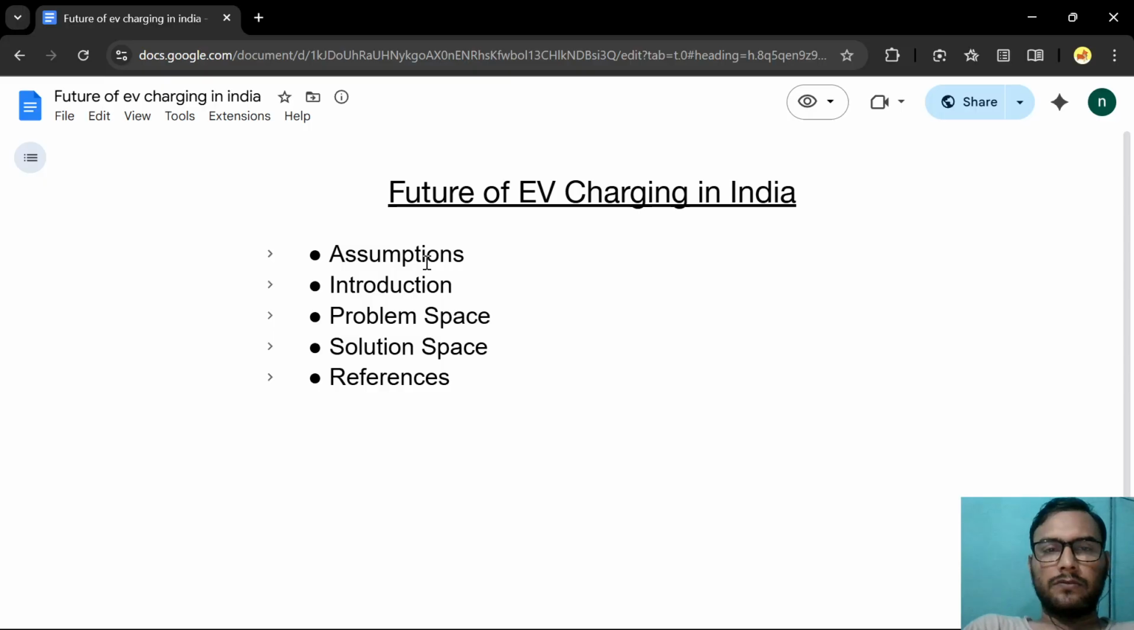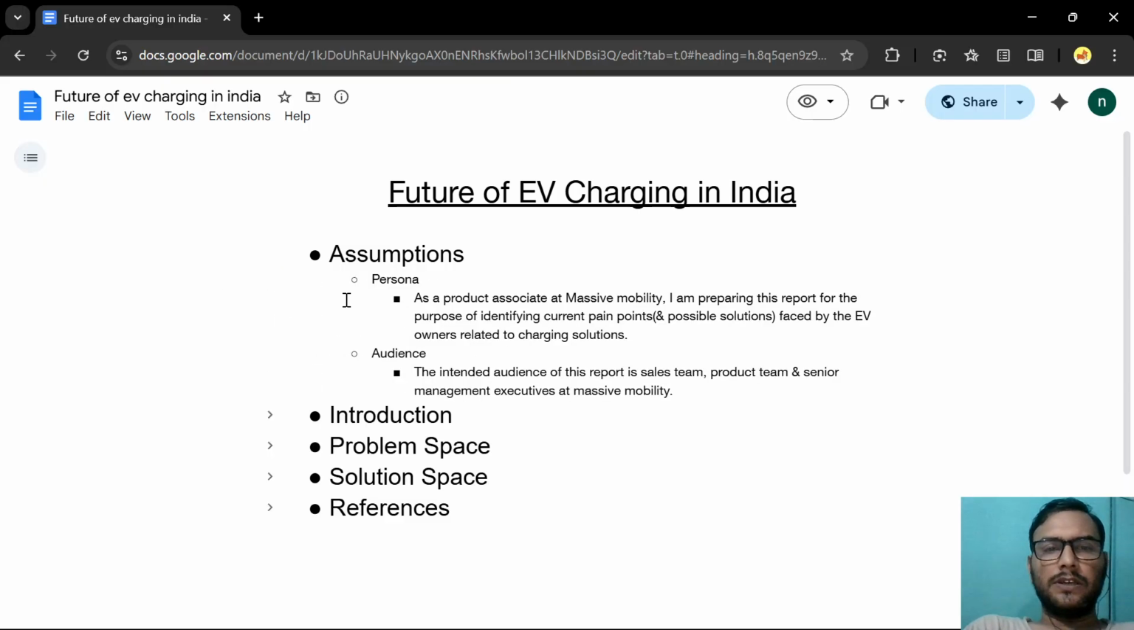So I had decided to follow this framework, which is how I think on the requirement document that we prepare: the assumptions, then the introduction, the problem space, and now there is a solution and references that we have. In assumptions, it contains the persona that I just described. Who are we? We, as the product team, are building this research report,